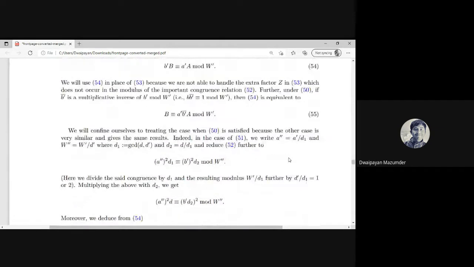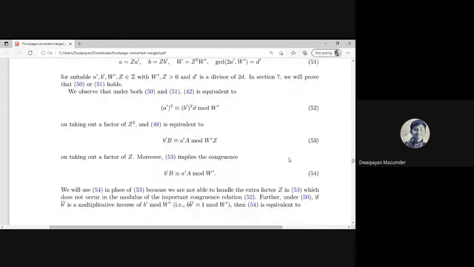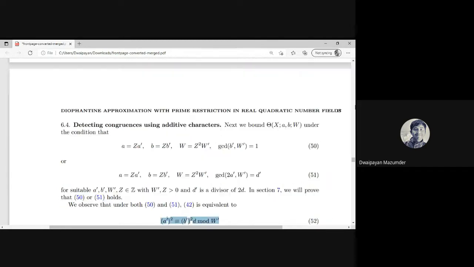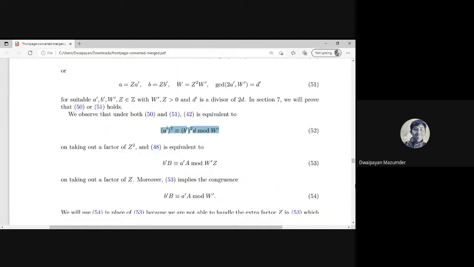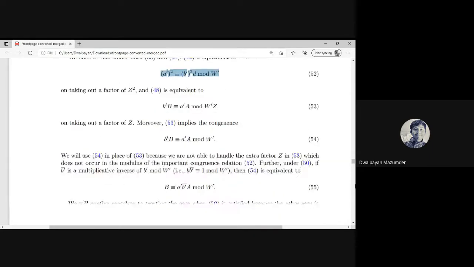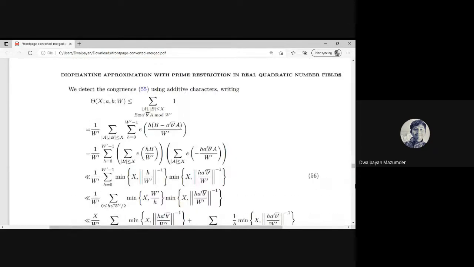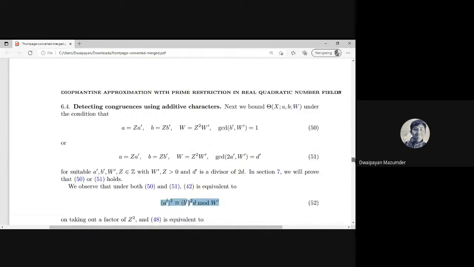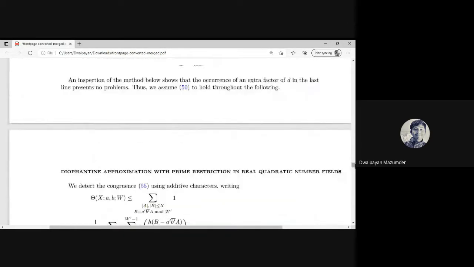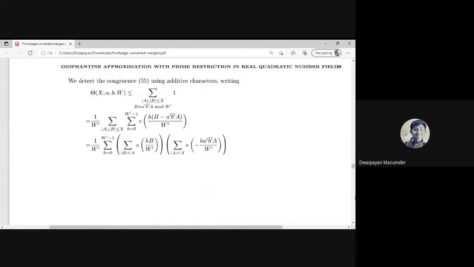One thing you can see already is that this is happening once, and we just throw out this z and take this one, and the same happens for the 51 too. Okay, so there is no harm in just taking 50. We will work with 50, just assuming this 50, and using these exponential additive characters, you can actually bound this sum,